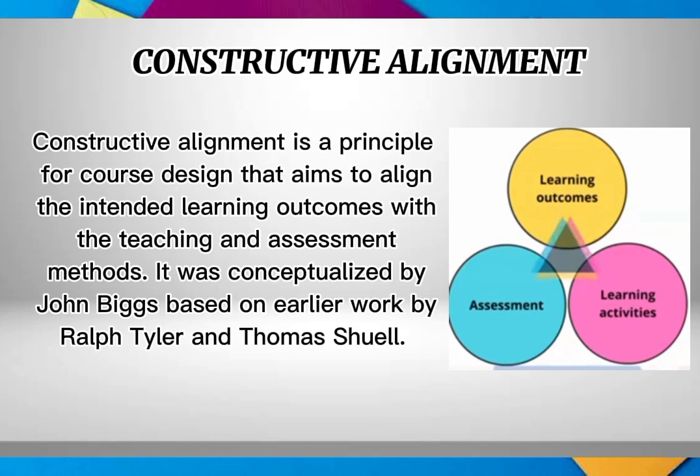In short, constructive alignment is about designing a course in a way that ensures the learning outcomes, teaching methods, and assessment tasks are all aligned, working together. It involves considering what you want the students to learn, how you will teach them, and how you will assess their learning. By aligning these components,